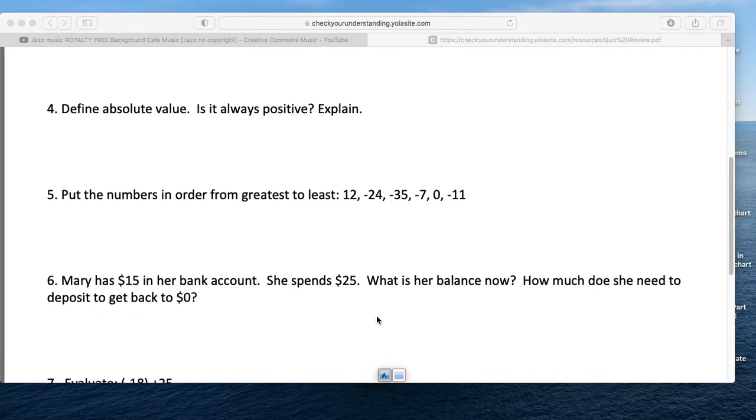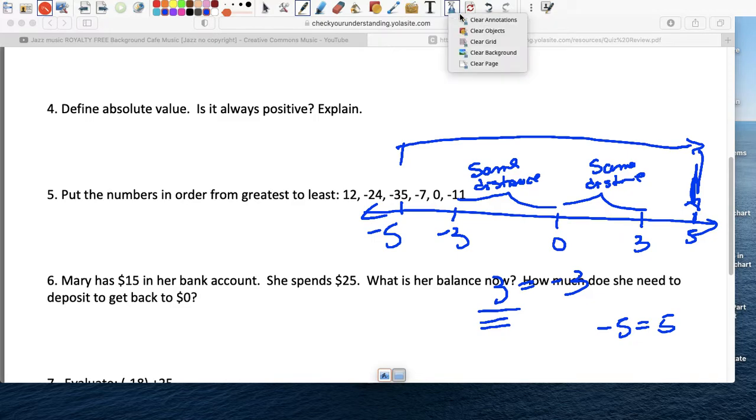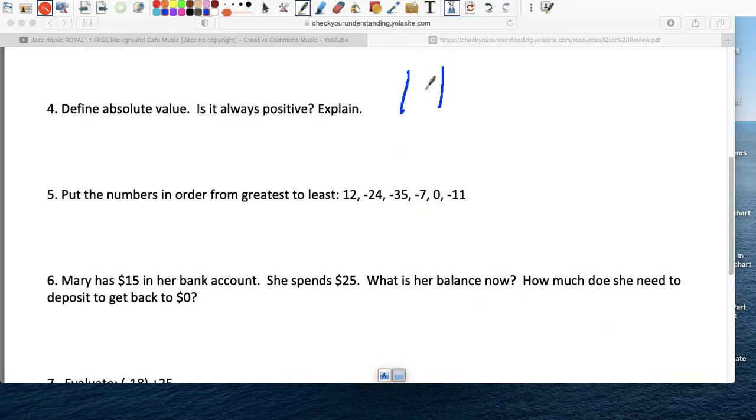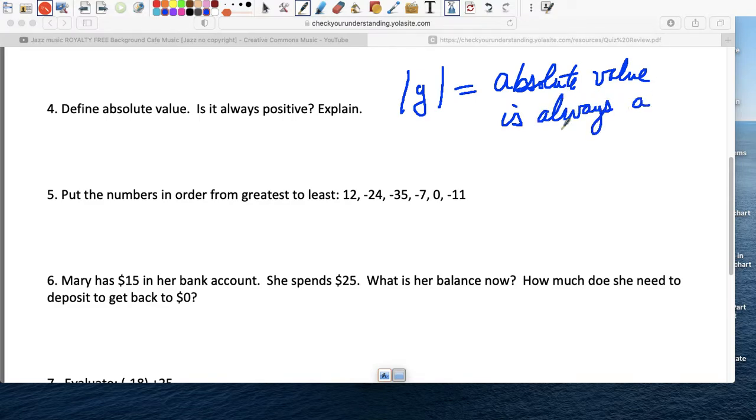Absolute value, is it always positive? No. Absolute value of a number, let's call this y. The absolute value is always a non-negative number. So the absolute value is always a non-negative number. And we also know that the absolute value is measuring the distance